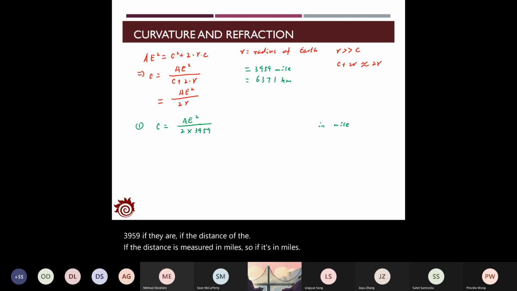And we can then find out our standard value, say that if the distance AE is measured,